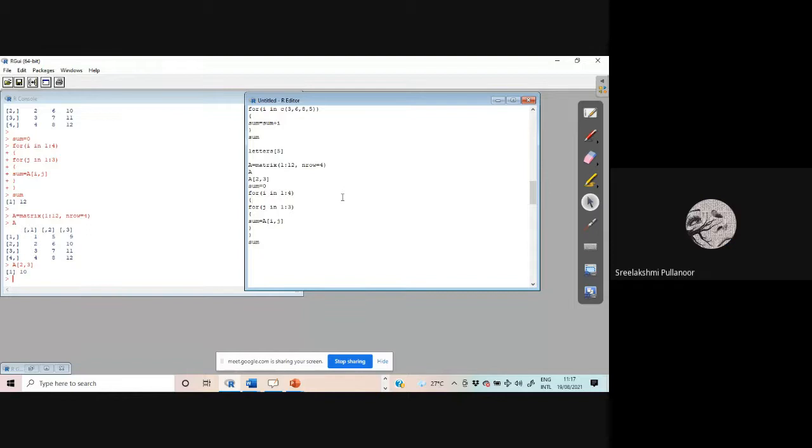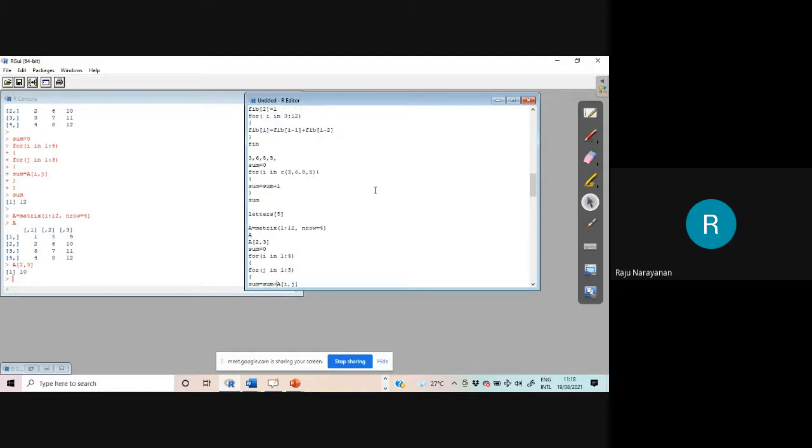For I in, wonderful. I was checking. If I am not honest, I should say that I was checking whether you are attending or not. Okay, but I am honest. Therefore, it is a big mistake from my side. Up to here I was correct. Fibonacci I is Fibonacci I plus 1, etc. Here also I was correct. Sum is equal to sum plus I. Now what happened means it took only the last value. It took only the last value. Okay, that is why it gave 12. Okay, you are correct.